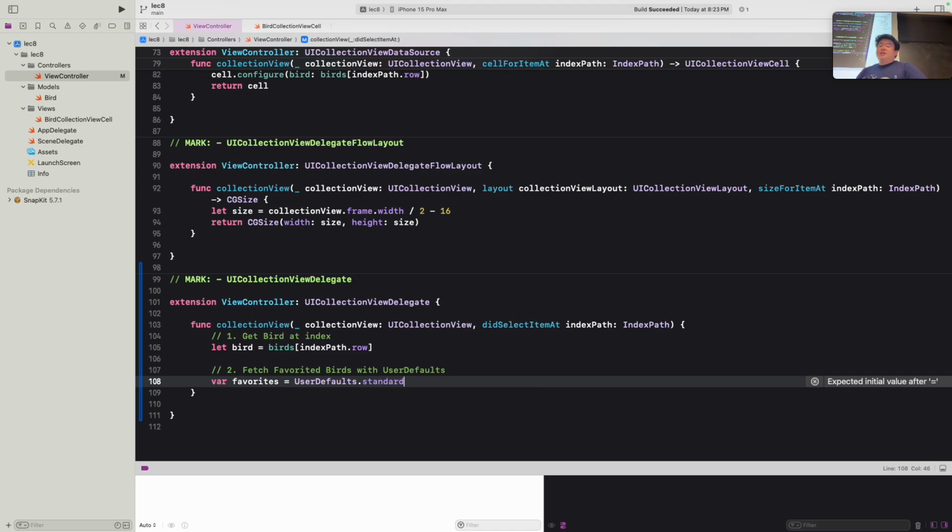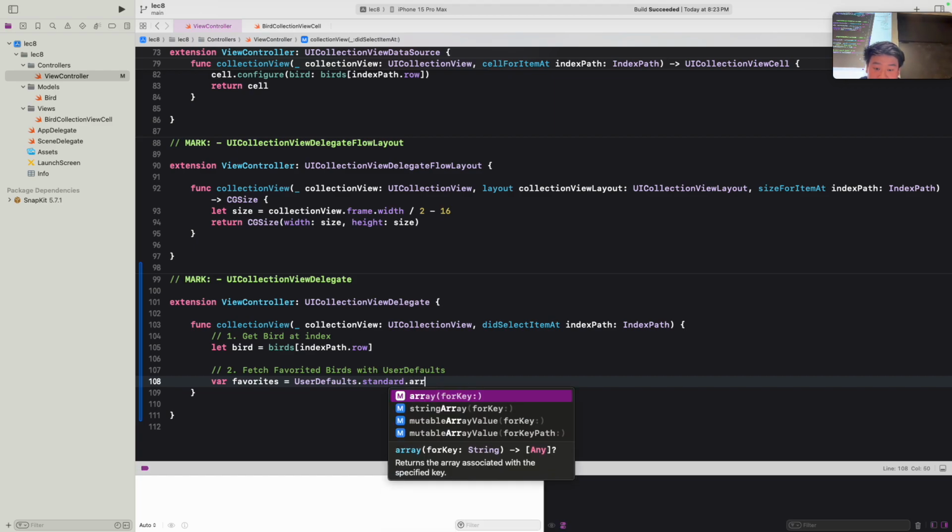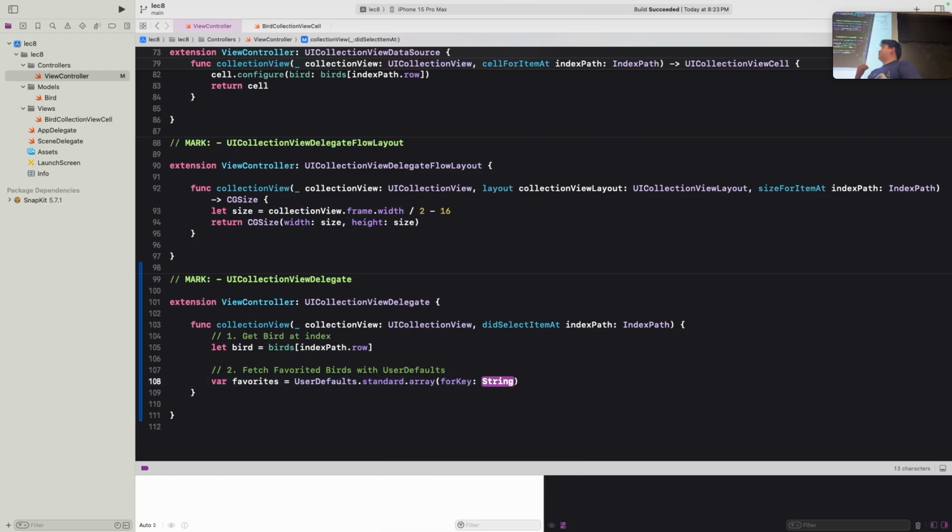And what we want to do in this case is save a list of bird names that we want to have favorited. So array. We want to establish that we want to fetch an array from our UserDefaults. This is how we're going to be fetching our persistent data, is that we're sending whatever favorites variable we have here to the UserDefaults array that we're fetching from our disk.